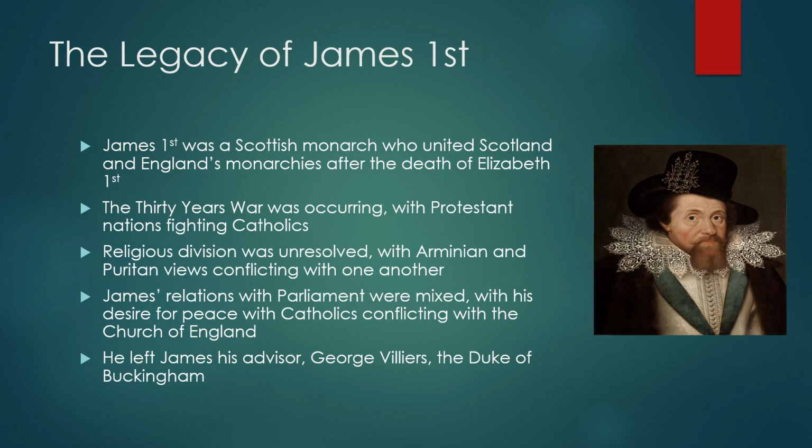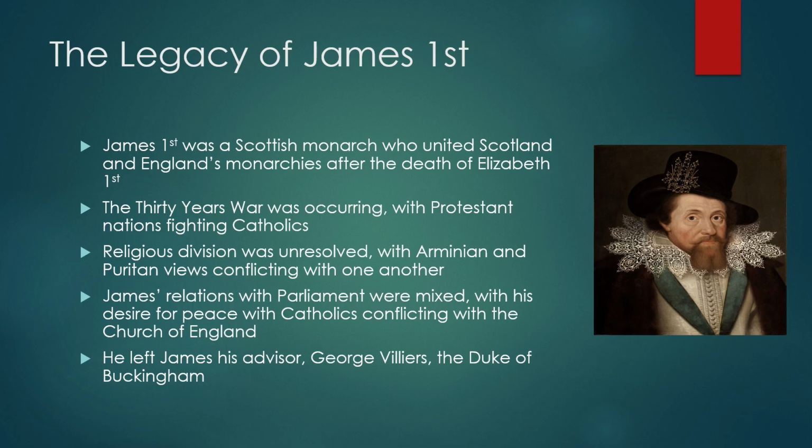As I said earlier at the start of the video, James I was a Scottish monarch and he united Scotland and England's monarchies after the death of Elizabeth I. And that's a major thing that happens in British society. Again, this sense of union between the two that is coming from the monarchies. But this doesn't necessarily mean the two countries become identical. They don't start to have a shared culture or social life. They're still very different in how people in them perceive the world and how they behave. And again, religion is going to be the catalyst for how that's going to be presented to us.